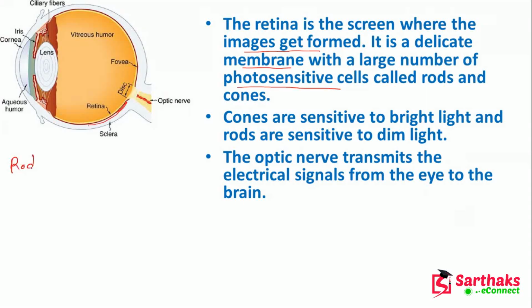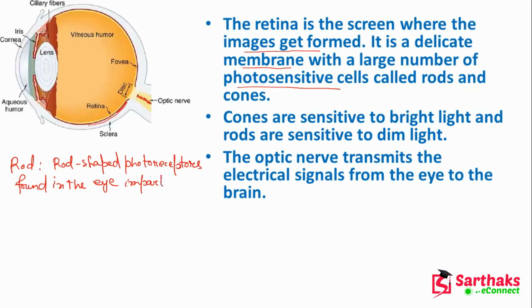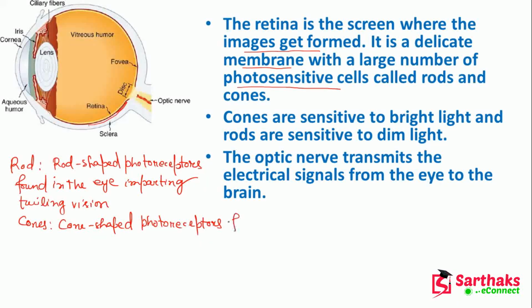The rod is a rod-shaped photoreceptor found in the eye, imparting twilight vision. And cones, these are cone-shaped photoreceptors found in the eye